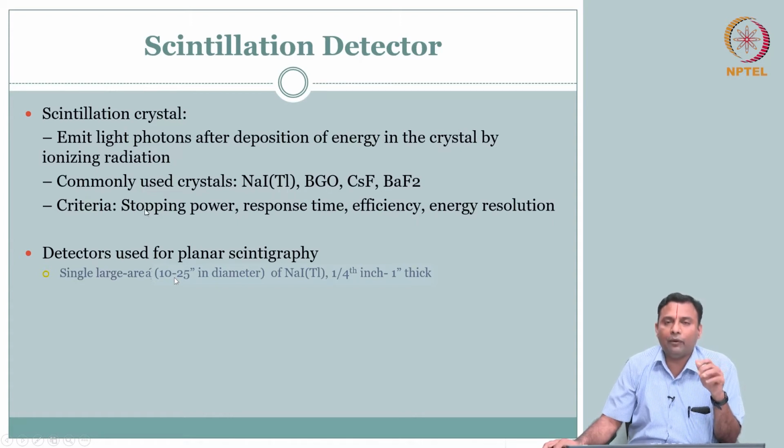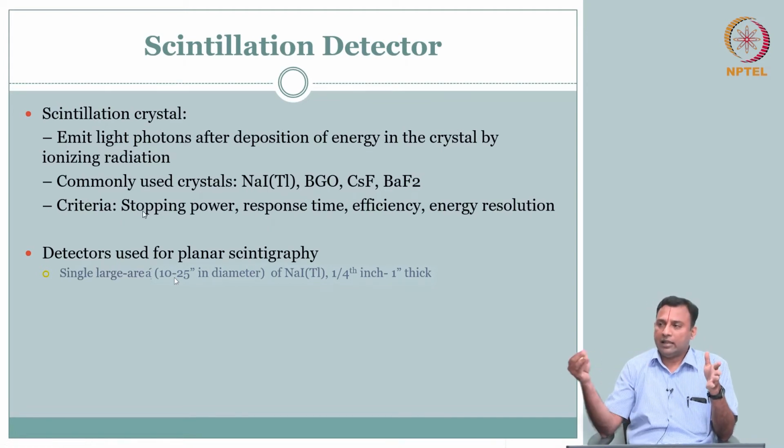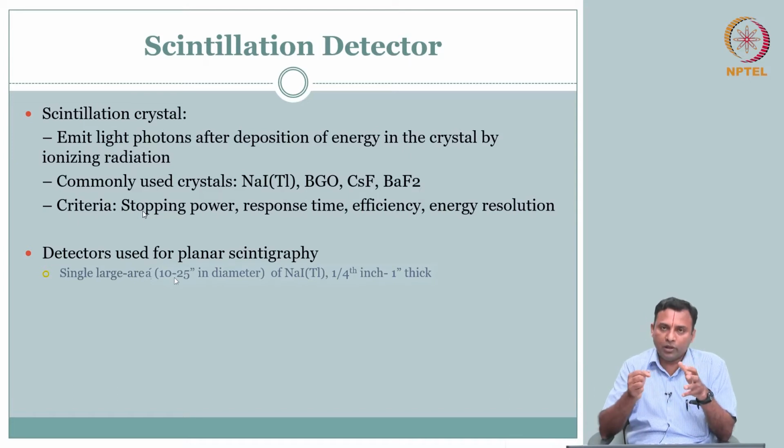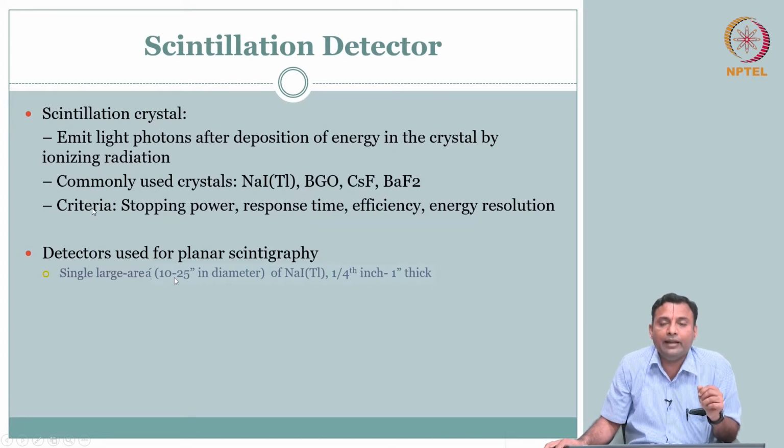So what is the big picture, what is it supposed to do? Gamma rays are coming, and it has to absorb the gamma rays, excite through the photoelectric effect, and then when it comes back to the ground state reconfiguration, it sends out the energy difference in the light range. So what are the criteria used for choosing a detector crystal material?